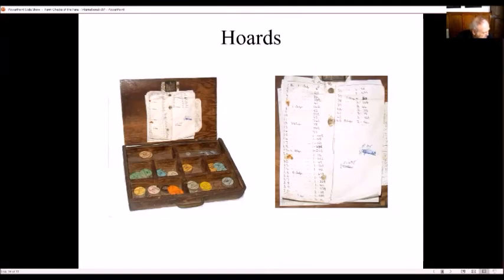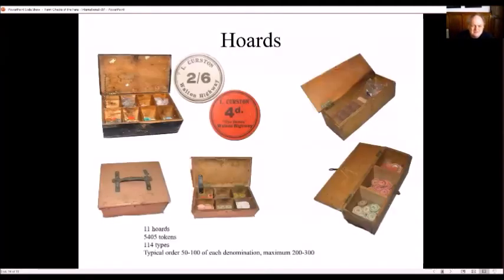So the tokens saved the farmer having to have a large amount of small change, and at the end of the week the farmer would then ask the workers to come in and cash in their tokens for proper money, banknotes and coins. This also gave the advantage that if you lost some of your tokens, which leads to the metal detector finds that we sometimes get today, the farmer managed to keep some of the money as well.